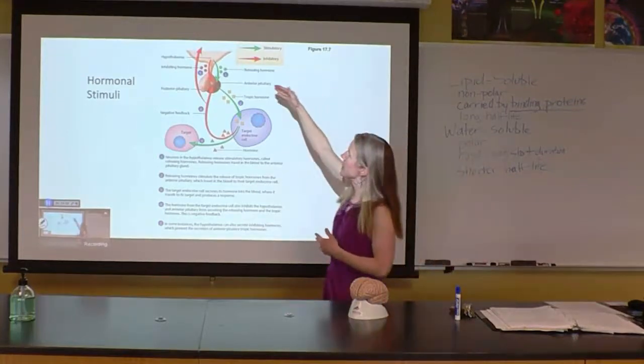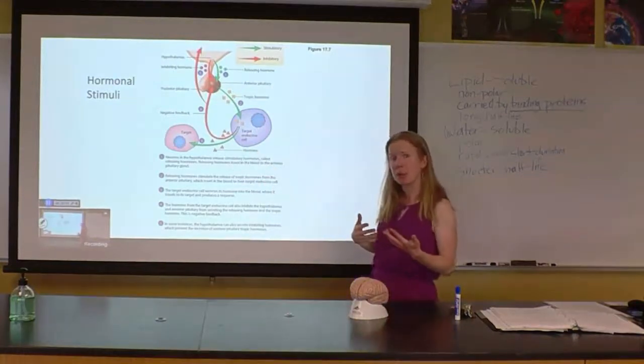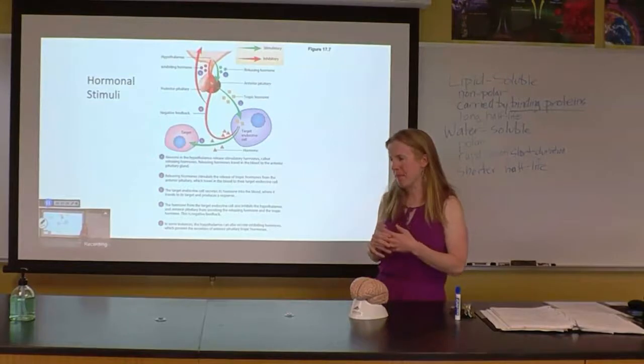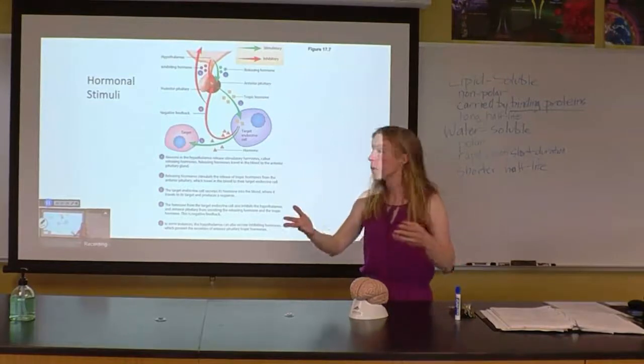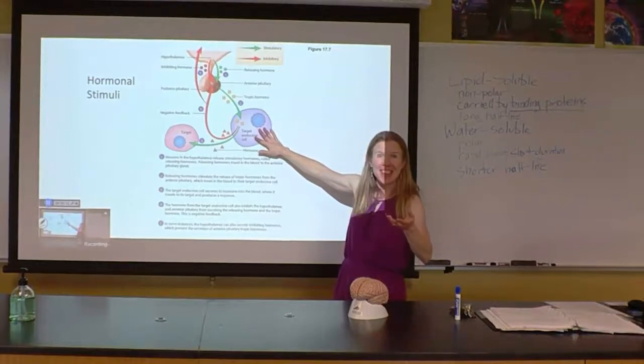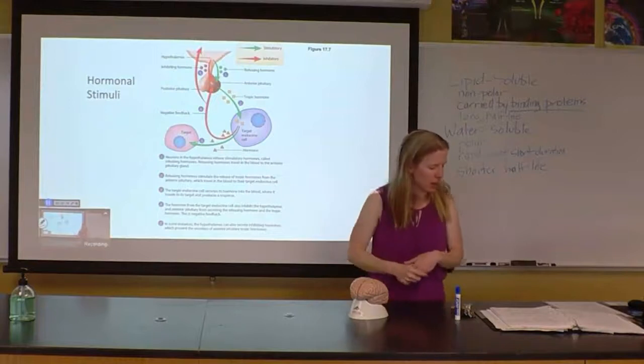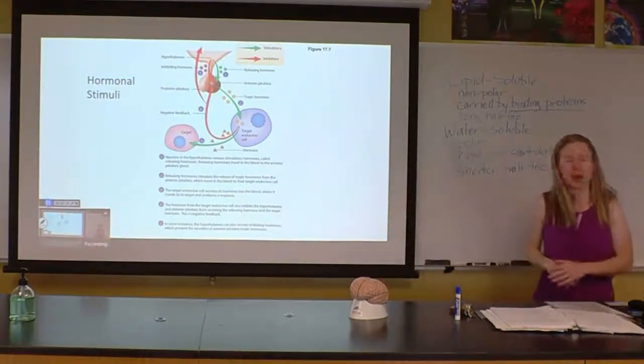The hypothalamus is going to send a releasing hormone to the anterior pituitary, and say we get it releasing follicle stimulating hormone, which then goes down to cells in the ovaries, right, the follicle, and tells it to help an egg develop, right? So that would be an example of a hormonal stimulus.